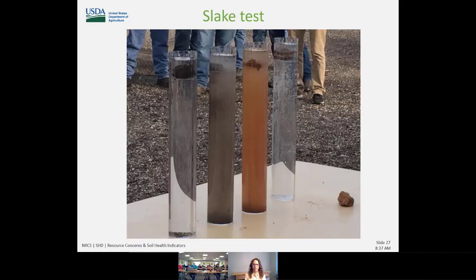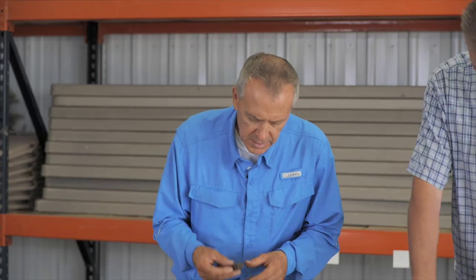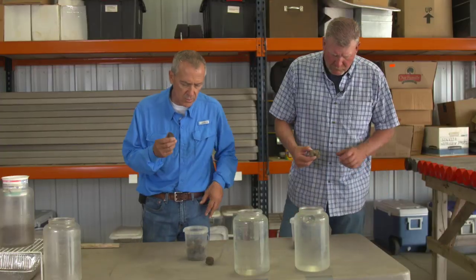The Slake test is pictured here with these columns of water, where you take a soil sample or a clod, supported at the top with a wire mesh. You are completely submerging this soil sample to reflect exposure to water and how well the aggregates will hold together. Today we're just going to walk through a Slake test, and it's something you can use for soil health assessment on a field. You want to start with a PED, just a clod off